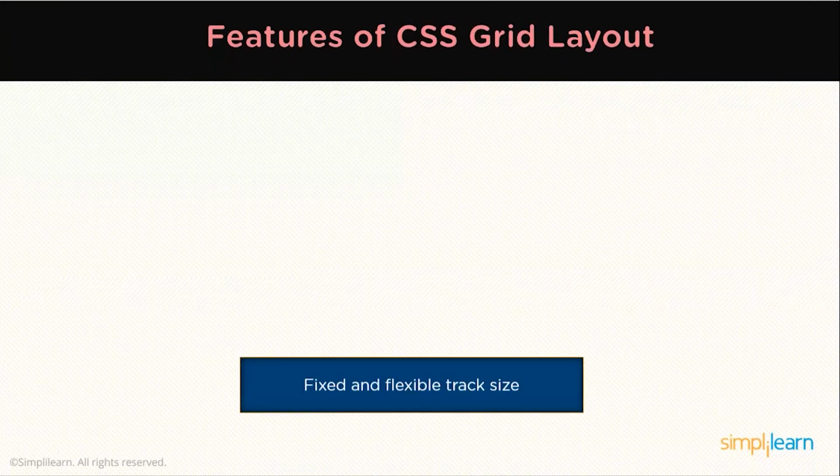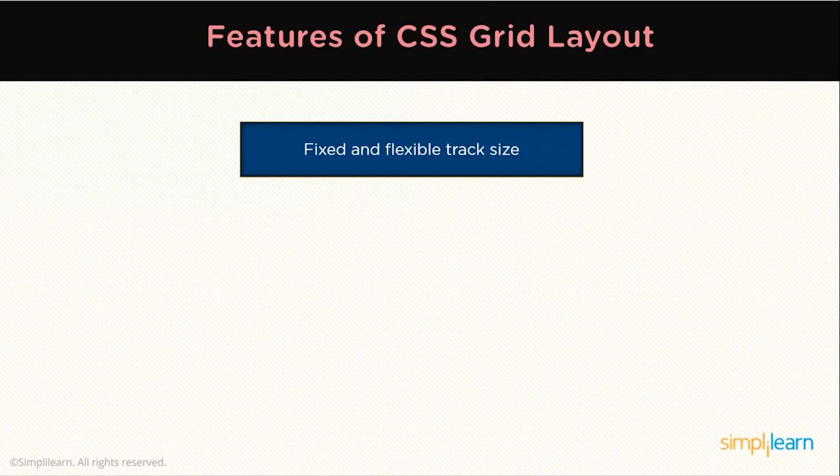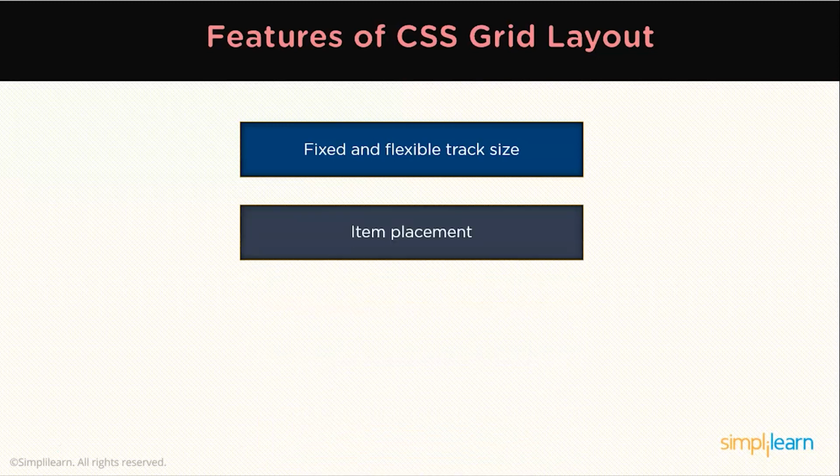So here are the features of the CSS grid layout. They have fixed and flexible track sizes. You can create a grid with fixed track sizes using pixels. For example, this sets the grid to the specified pixels which fit the layout you desire. You can also create a grid using flexible sizes with percentages or with the new FR unit designed for this purpose. You can place items into a precise location using the grid line numbers, names, or by targeting an area of the grid. The grid also contains an algorithm to control the placement of items not given an explicit position on the grid.